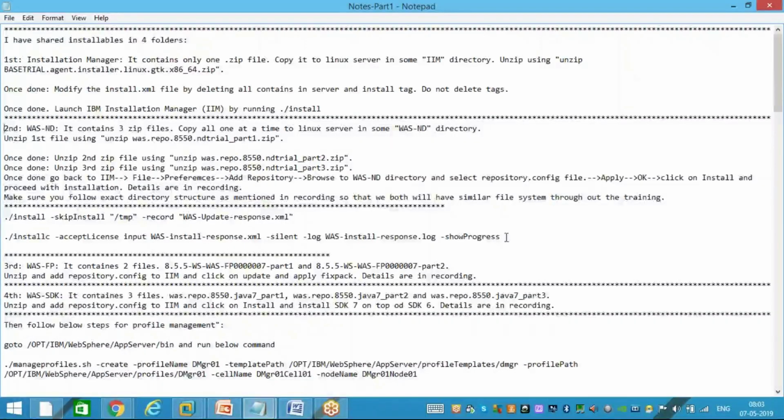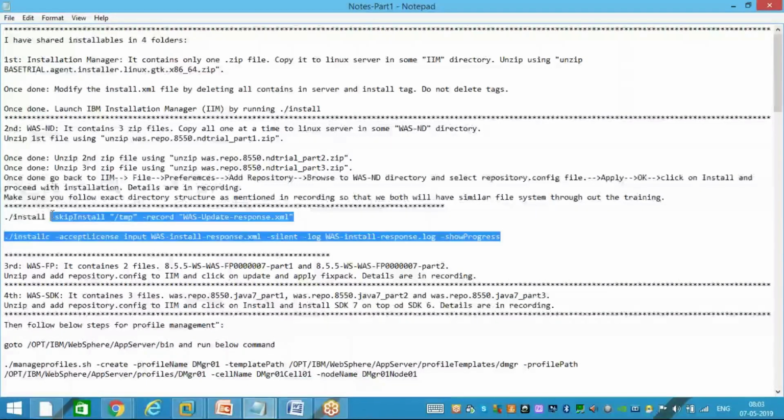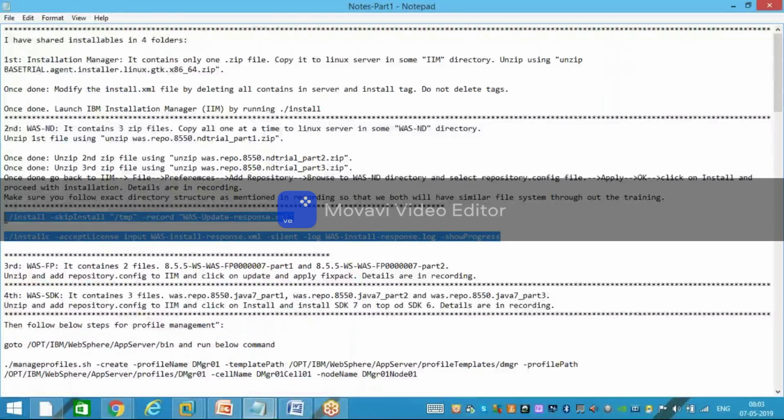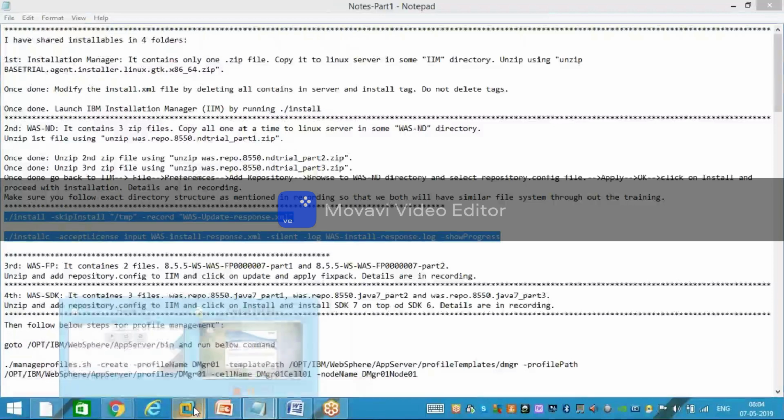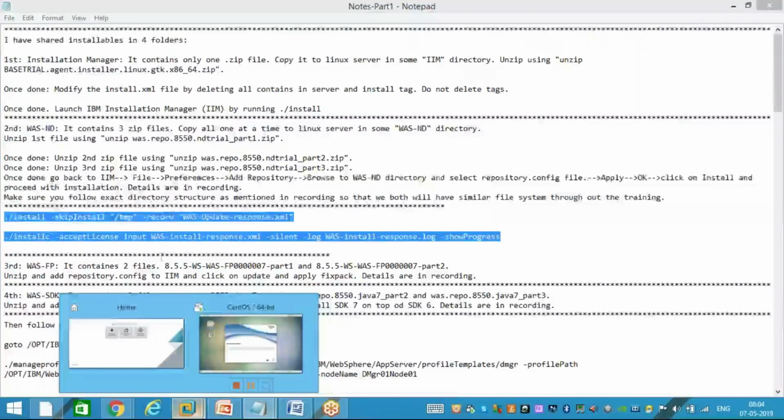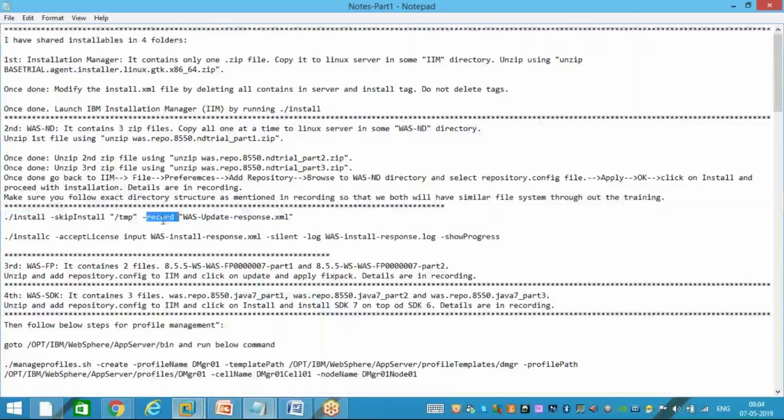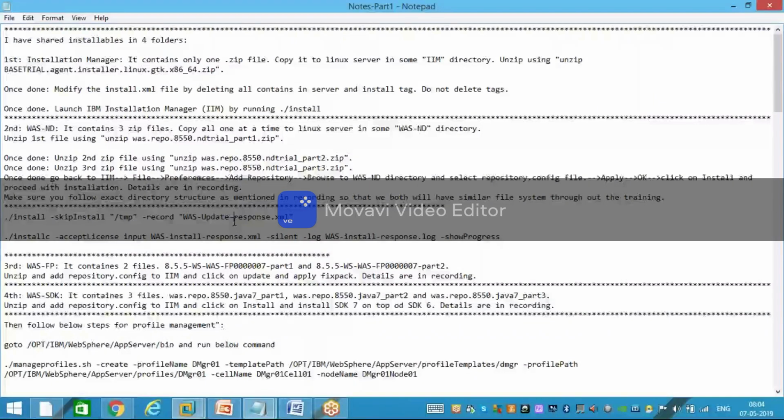The second thing that I'll cover during installation is how to generate response files and how to do silent installation using those response files. A good advantage of using a higher version of installation manager is that we can use a record option and generate the response file ourselves. Otherwise, in the past,